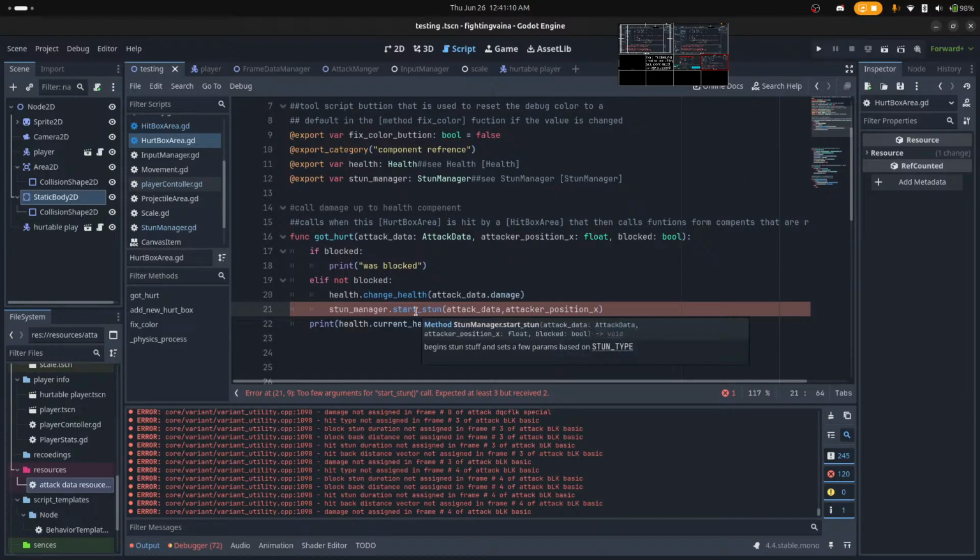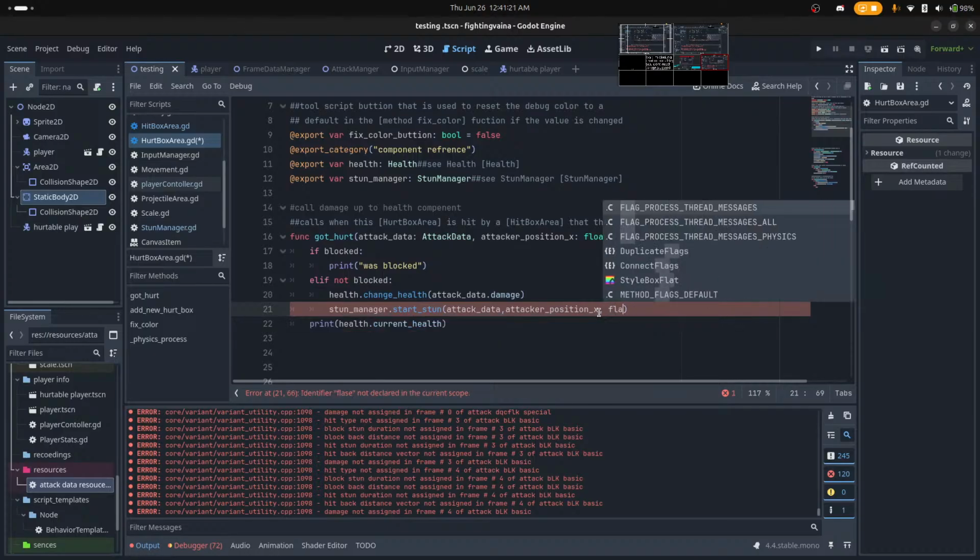Did I need to make a boolean for it? No, probably not. Maybe. False.